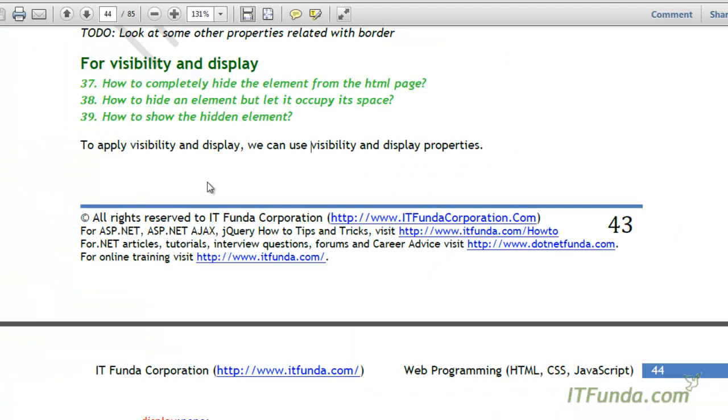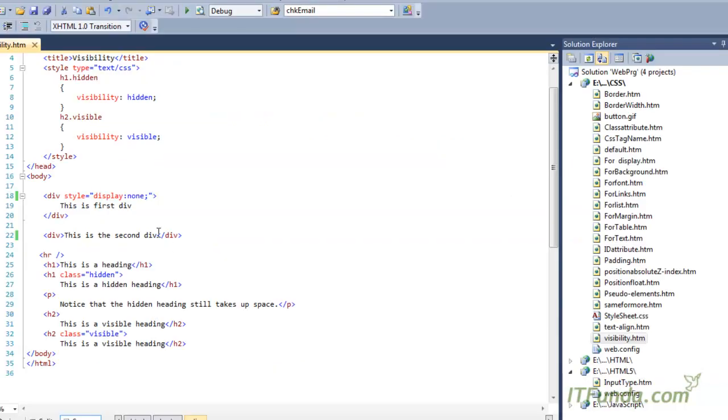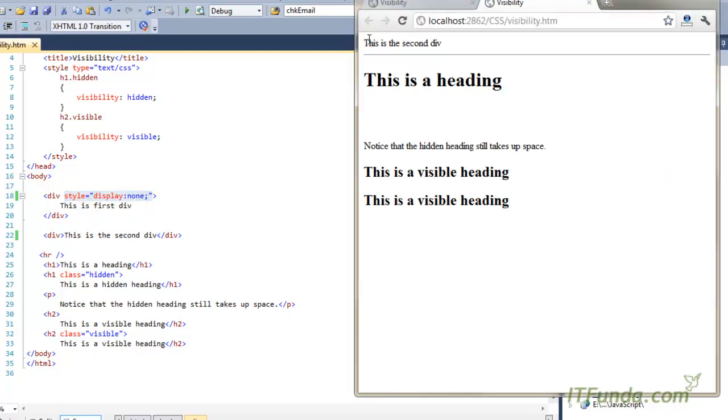Now in case we want to hide the element but we want to let it occupy its space. Okay. For example, in this case, as you must have noticed that the element is hidden and it is not even occupying its space. The complete space is being actually occupied by the second div.